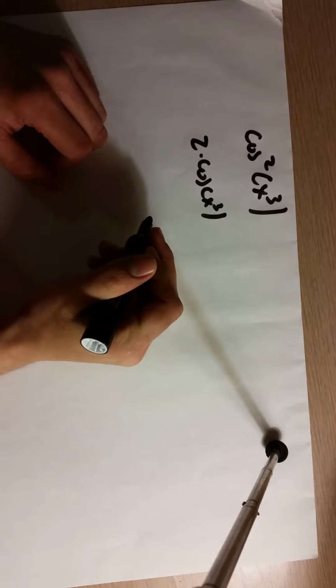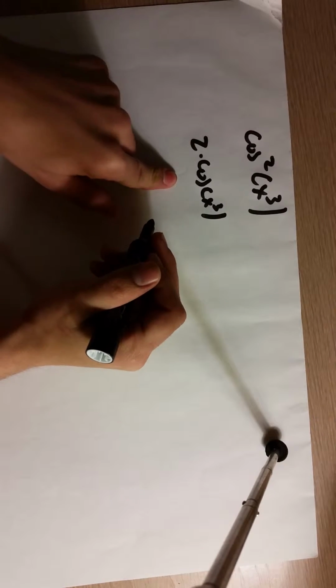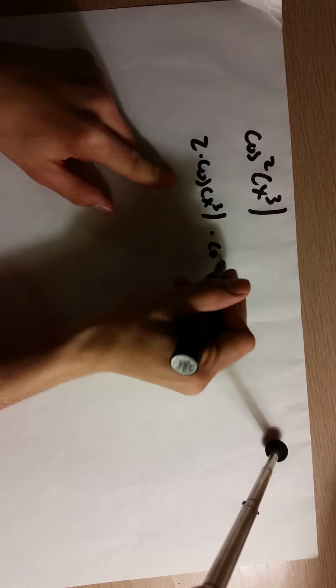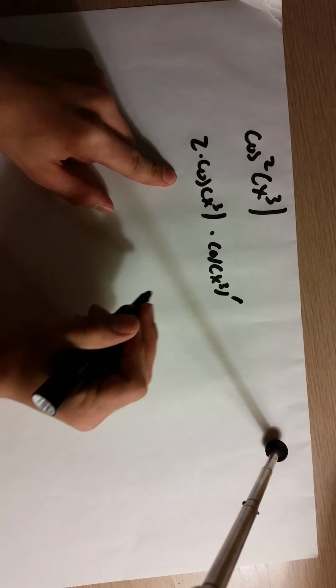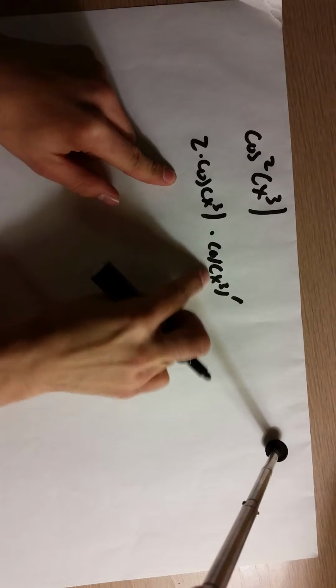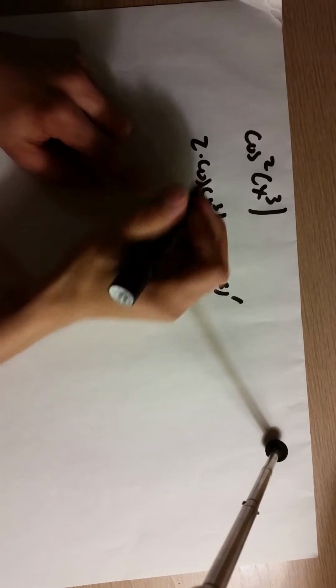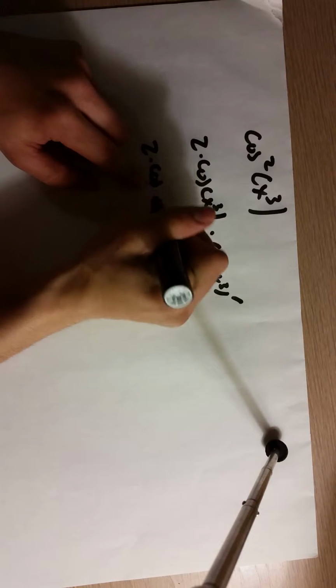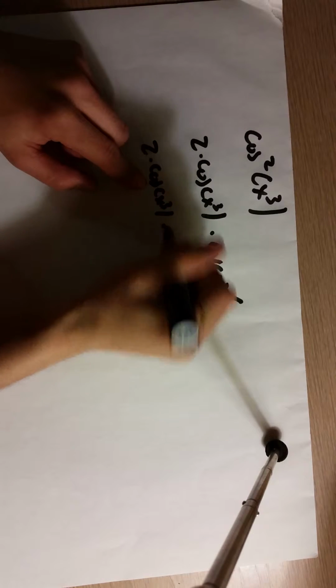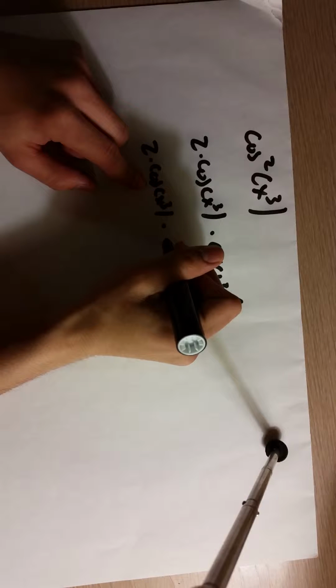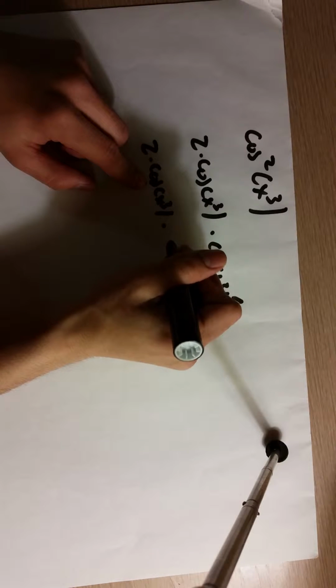Alright, well, our next layer here is the cosine, times the cosine of x cubed prime, right? The next layer here is the cosine of x cubed. That's the next outside layer. Okay, so we now have 2 times the cosine of x cubed times the derivative of cosine, which is negative sine